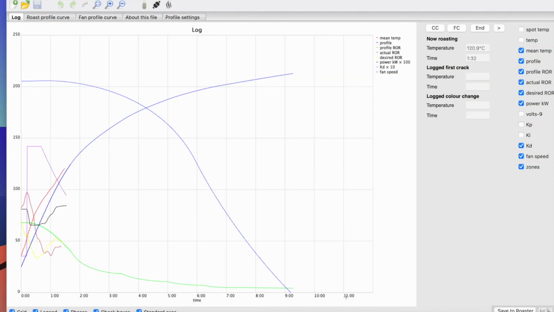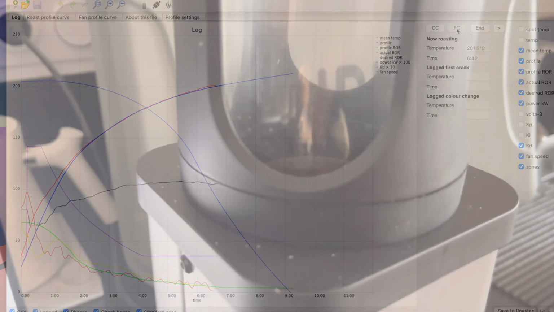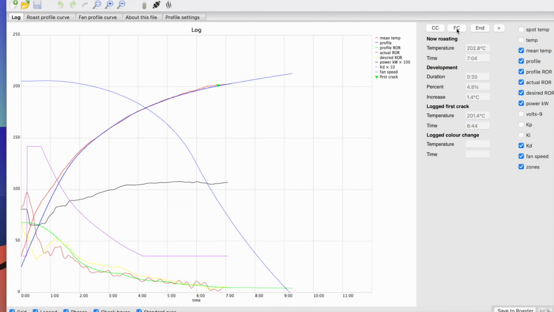There are no actions needed unless a user wants to log the first crack to activate their DTR. For a user logging the first crack, expect this to occur between 6 minutes and 35 seconds and 7 minutes. Due to the quicker roast time, it is best to log your crack at the rolling consecutive pop pop pop cracking sound over the first isolated noise you might hear.